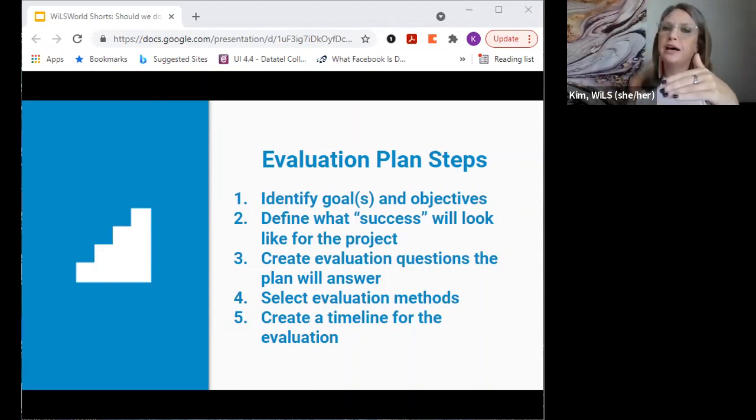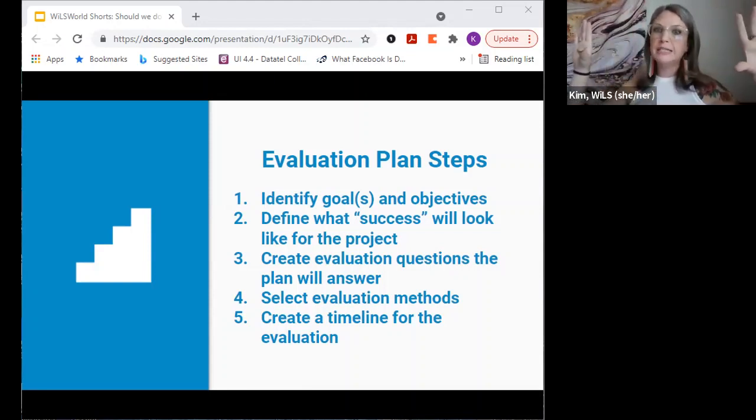So when I'm creating an evaluation plan, I take the overarching goal or mission of the project. And sometimes projects can have multiple goals, that's okay, but we'll think small and tight for this example. So when I have this overarching goal, I'm going to create what are known as objectives that relate to that goal, that are specific, measurable, and that nest under that goal. And like I said, I'm going to give you an example here in a minute.